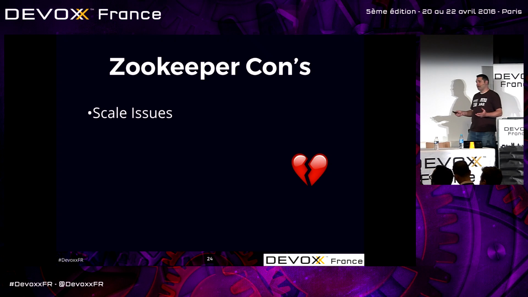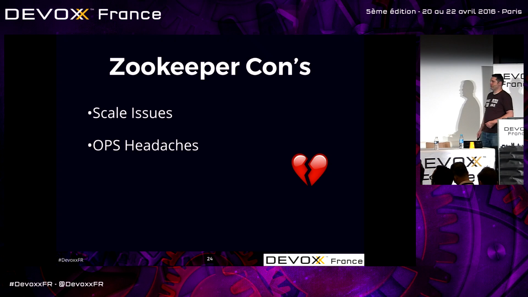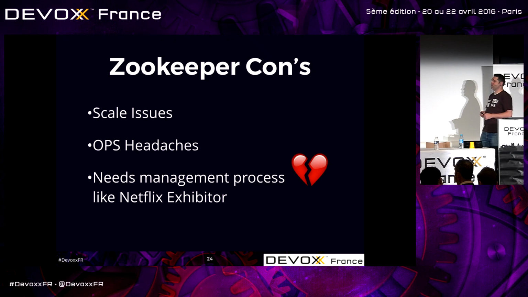Some of the cons, I have not run Zookeeper in production, so these are things I have heard from people and have read about. Okay, so a little disclaimer there. There can be scale issues. Now it's gotten better as it's gone along, but there can be issues with scaling Zookeeper past a certain point. Now, if you're well under that point and have the overhead, great. It has been said that it is difficult to maintain operationally. Again, I think that has gotten better recently, but it still can be a pain.